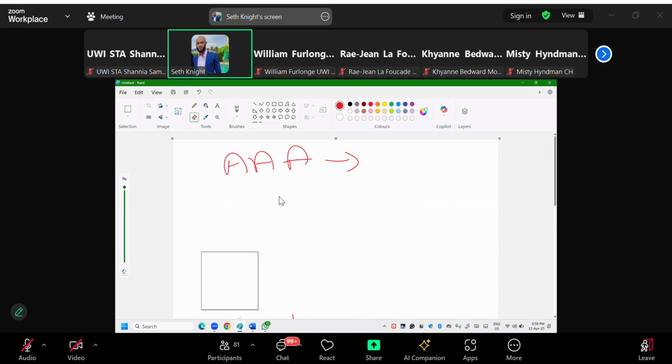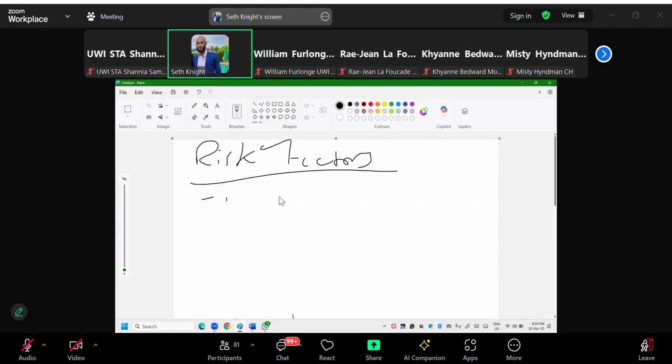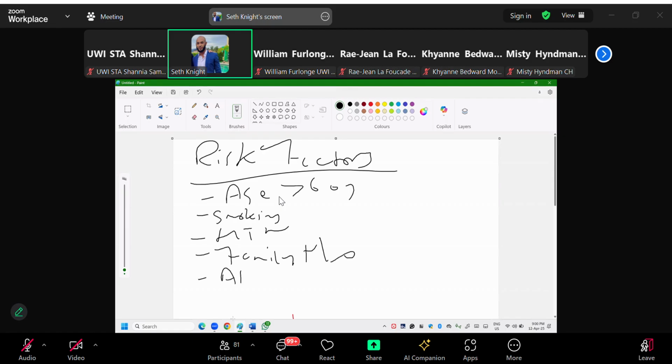So that's AAA. From a clinical standpoint, what you definitely need to know about abdominal aortic aneurysms are the risk factors. Okay, guys, the risk factors are critical to note. Age is one, older age, usually more than 60. Smoking is one. Hypertension, of course. A family history is a big risk factor. Atherosclerosis,